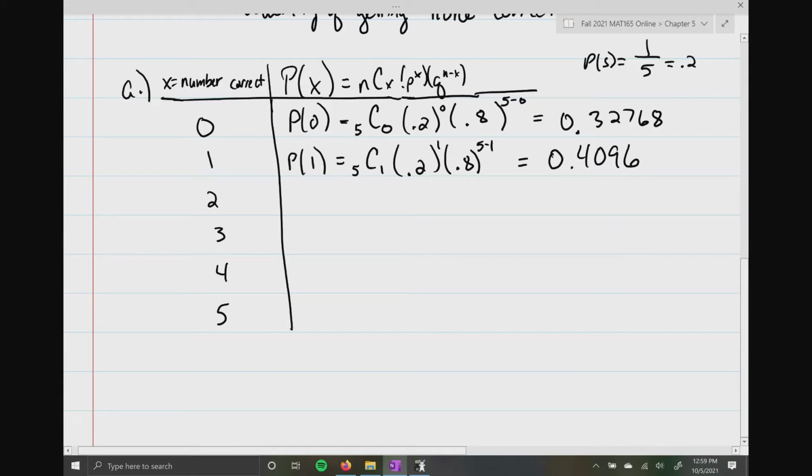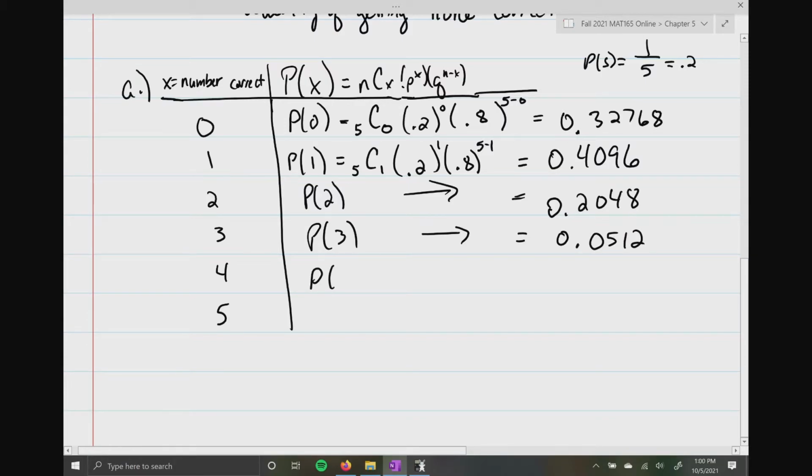0.4096. I hate it when I'm thinking one thing, but then I see another thing, and I'm like, oh, great. But anyways, just repeat this process for every single one of these. So P of 2 is going to equal 0.2048. P of 3 is going to equal 0.0512. The probability of getting exactly 4 correct